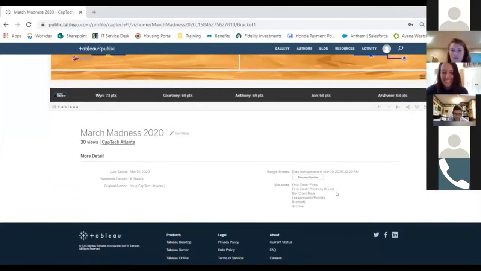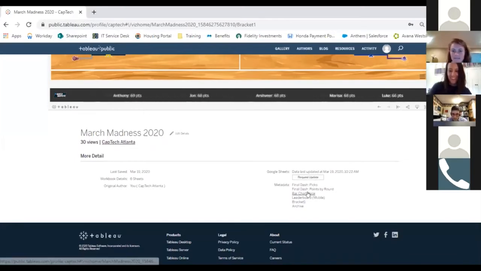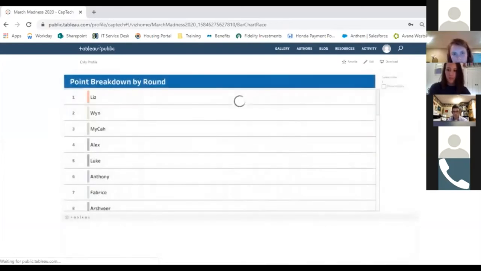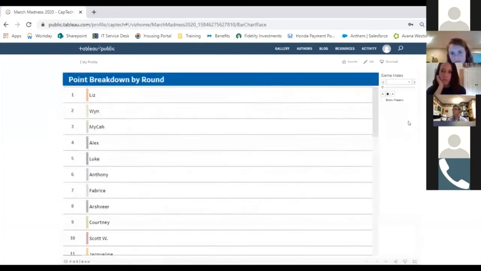Do you want to show the bar chart race or? Yeah, we can show the bar chart race as well. We also figured animations are now a thing, and you can use them in Tableau Public with the play button. So why not build a bar chart race to show that point breakdown, but to show it over the course of the tournament.